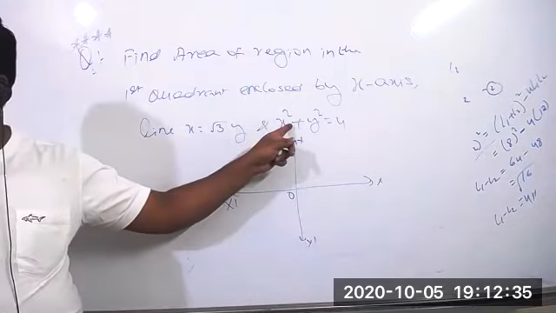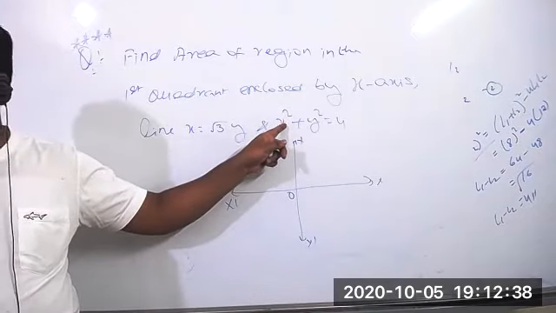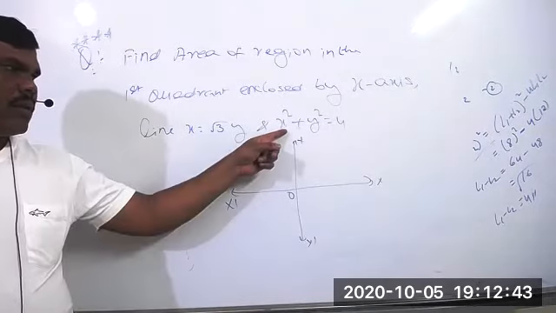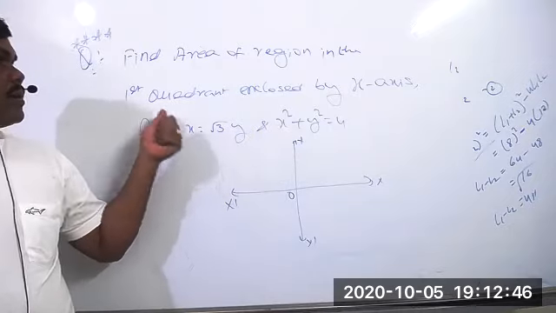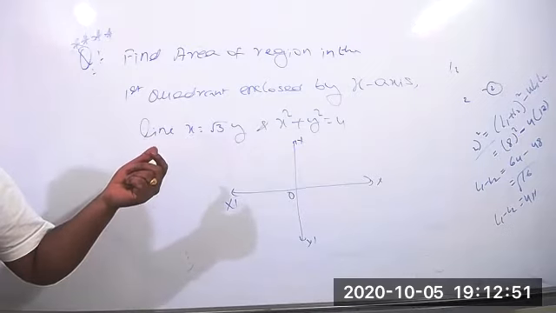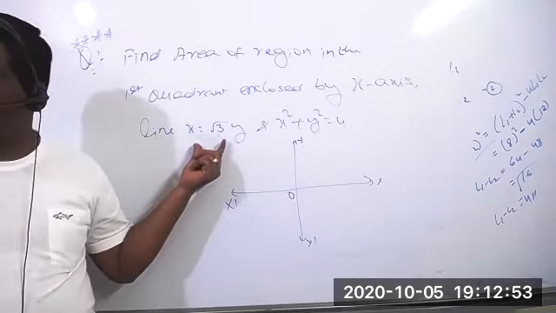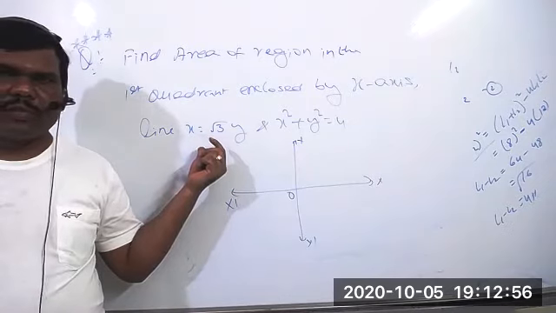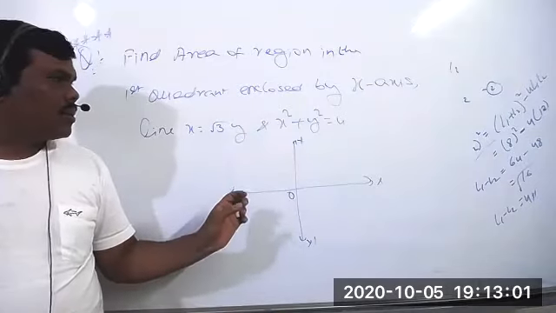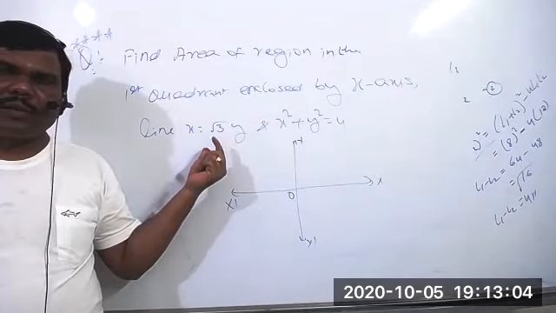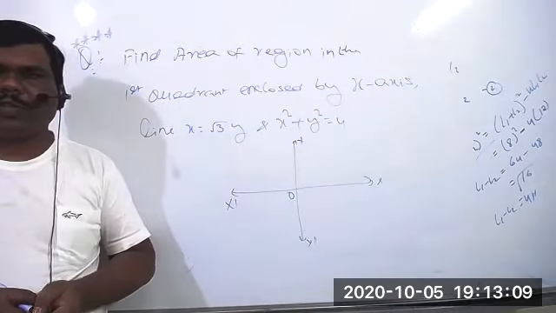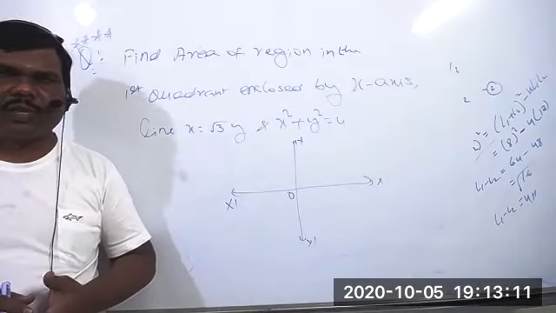What do you call this? x square plus y square equal to 4. Anyone? Equation of circle. Next, what do you call this one? A linear equation in two variables. So clearly the graph will always be a straight line and passes through the origin. Because this is what we call the homogeneous equation. Homogeneous means first degree homogeneous equation.